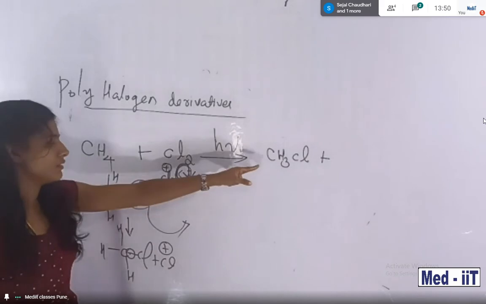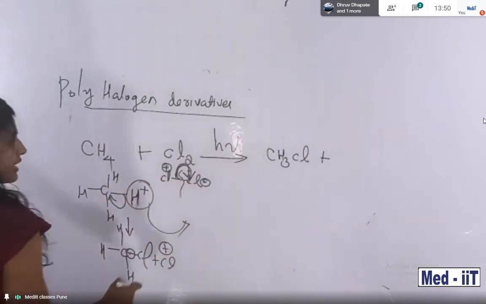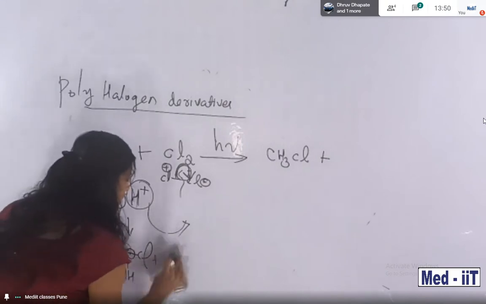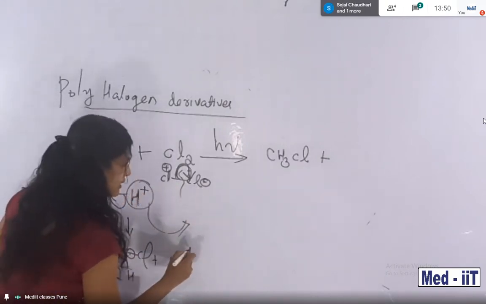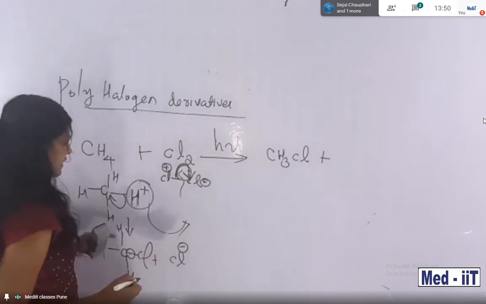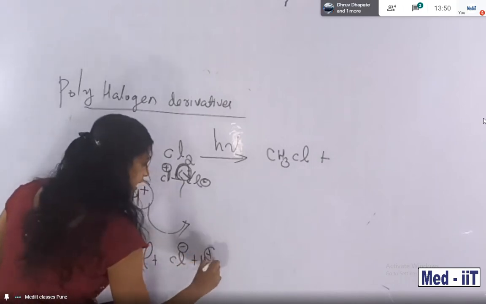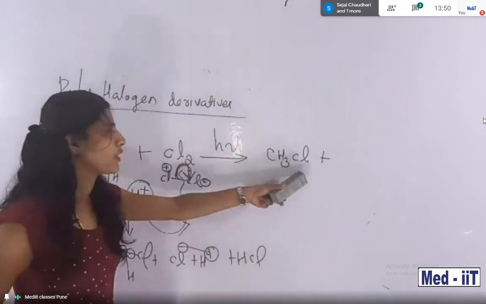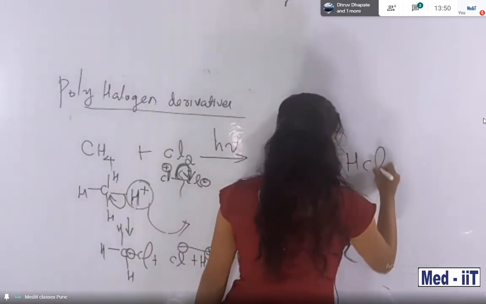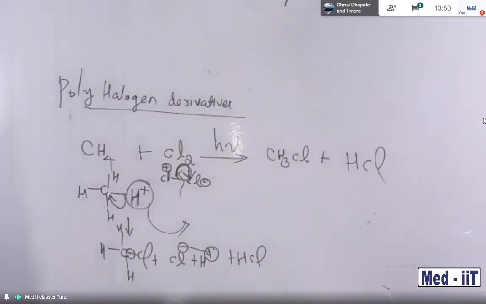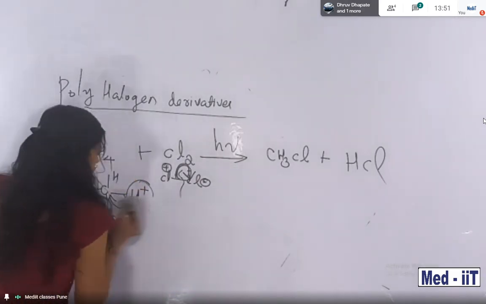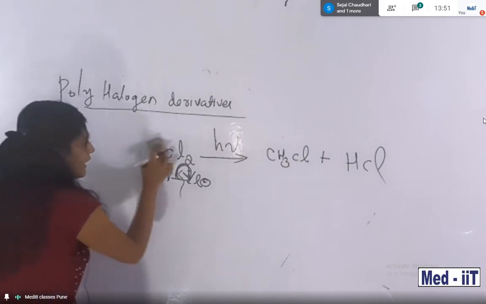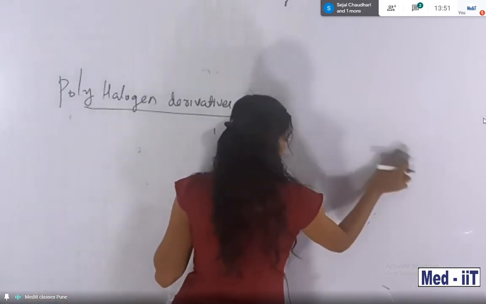Look, CH3Cl. And what about the remaining? One chlorine plus Cl minus is there. The Cl minus reacts with the proton, H plus. They form a bond between them, creating HCl. So this is the second product, HCl. Is it clear, students? Same procedure, you want to repeat. No problem, bond shifting. I'm giving you another example, you do it and then tell me the product. This is your task.